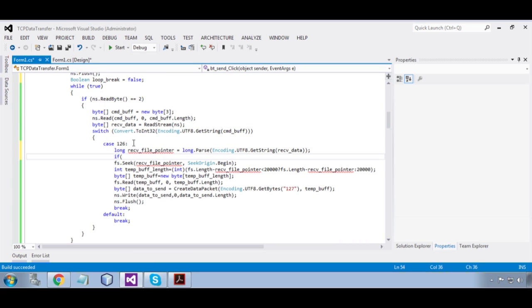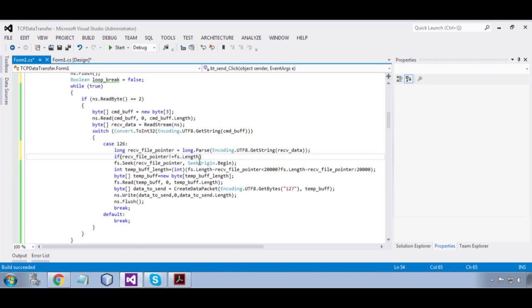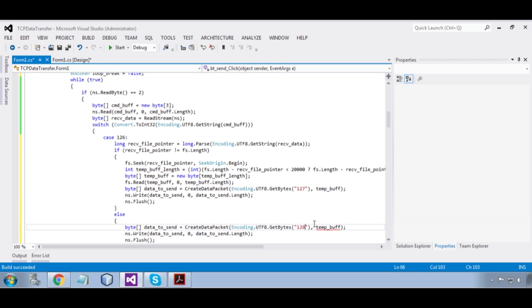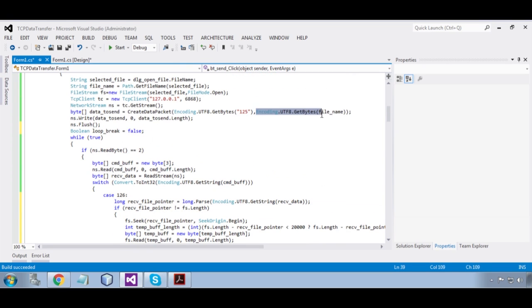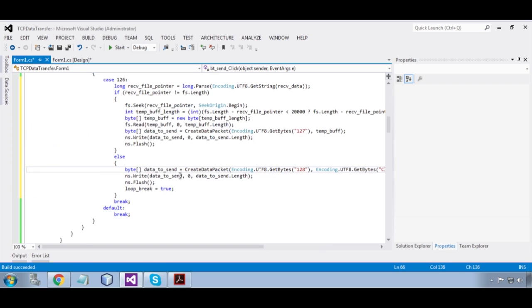Okay, if receive file pointer is not equal to fs.Length, then process, else loop_break is equal to true and send command 128 with text close. Okay,